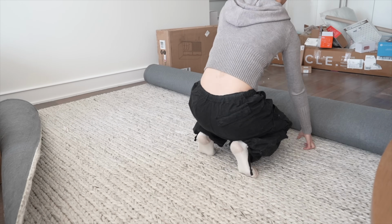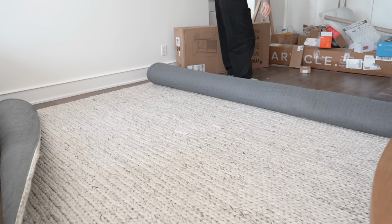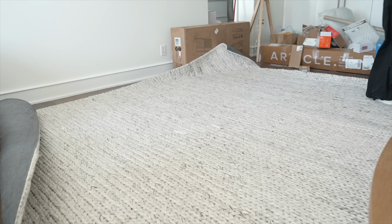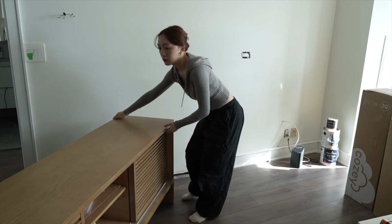Also in the living room, I got this really large light neutral rug, which is so beautiful, and it definitely warmed up the dark hardwood floors. I do like dark hardwood, but I think having the rug really sectioned off the space, added texture, warmth, all of the things that we love. Once that spinning TV wall was gone,